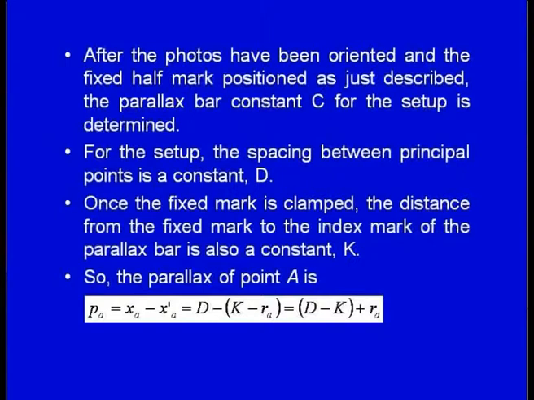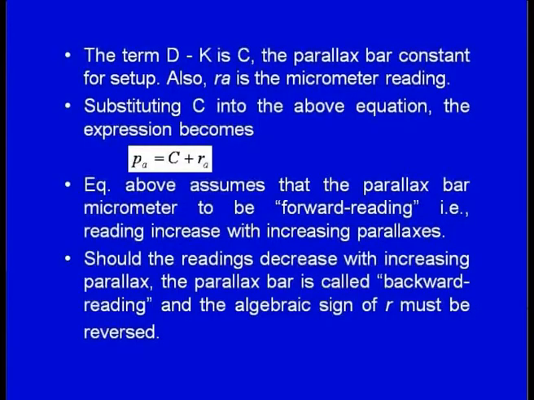which is equal to capital D minus within bracket k minus R A, and this can be written as D minus k plus R A, where R A is the micrometer reading and the term D minus k is C, that is the parallax bar constant for this setup. Substituting C in the above equation, the expression becomes P A is equal to C plus